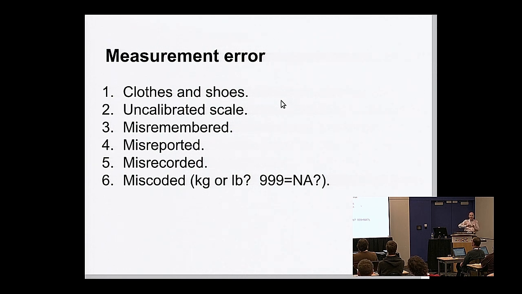Or when you take that result and put it into a database and then somebody else pulls it out of the database, they might misinterpret it. And that is actually a real problem with a lot of shared data sets. One group produces the data set, and then a researcher like me comes along and interprets it. This actually came up. The data that we're going to use comes from the BRFSS, the Behavioral Risk Factor Surveillance Survey. They have adult weights and heights.